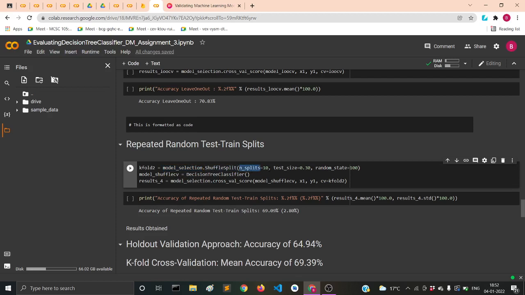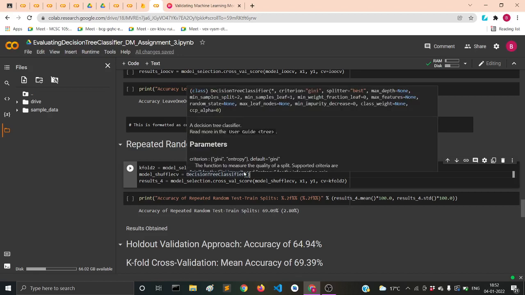10, that is you want to do 10 splits, and as I have mentioned earlier it is a combination of the k-fold, that's why you supply n splits equal to 10, and also the combination of the train test splits, and that's why you need to supply the test size, and then it's 0.3, meaning you have 30% in your test set, and then you also need to supply the random state equal to 100, because here we are doing things with random, we are shuffling the data, and that's why you need to supply 100, so that on every run of this particular Colab notebook it will give me the same set and in turn the same accuracy.